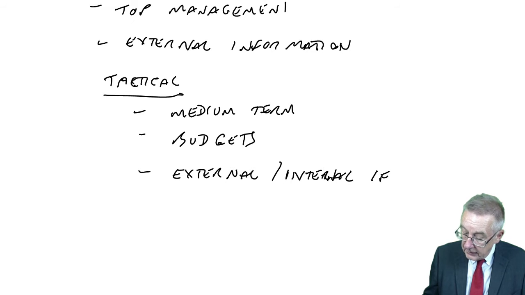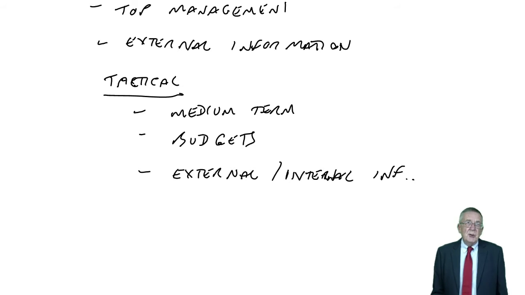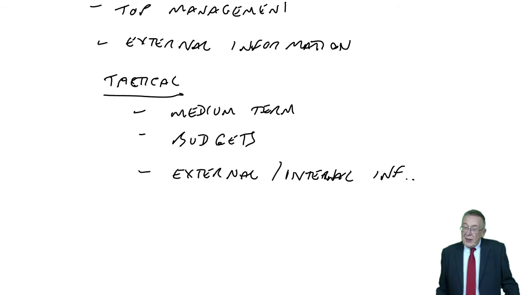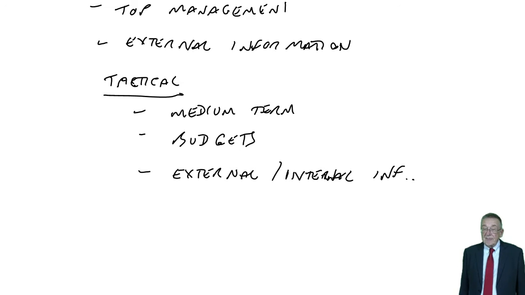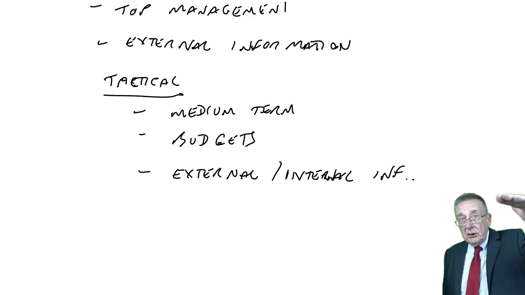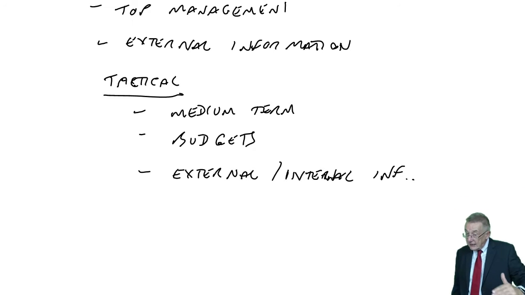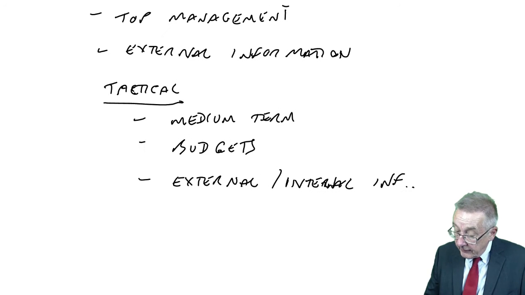Oh dear, my spelling. External and internal. So, internal information, we know how much we pay our workforce, for instance. That's internal. Things like selling prices, we will need to look at what competitors are charging. That's external. And so strategic, that's the long-term decision. Having made that decision, let's start planning in more detail, tactical. And having done those plans, having got our budgets and so on for next year,